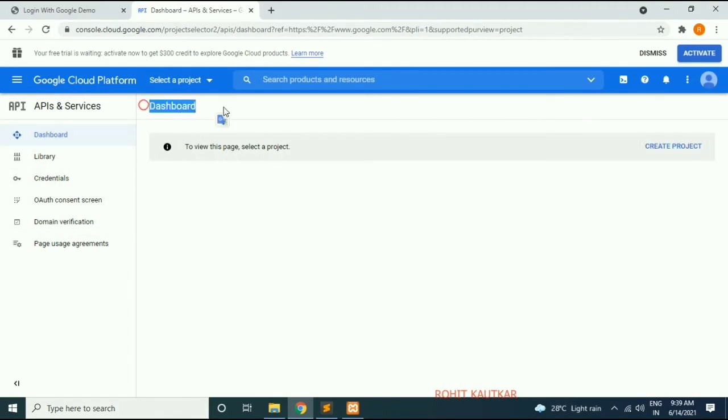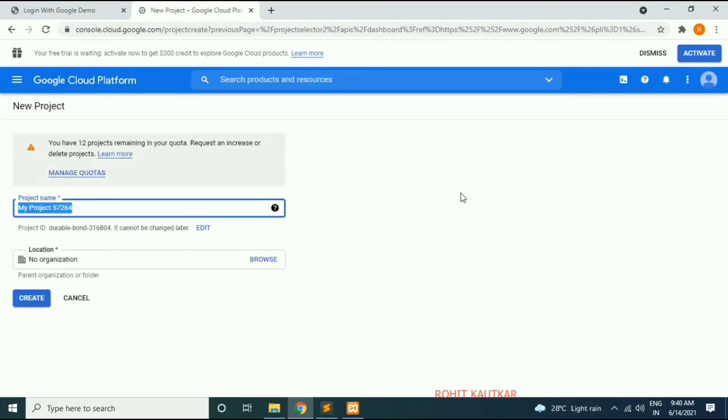This is the dashboard of Google Developer Console. Okay, so this is basically Google Cloud Platform. You can access other APIs and services from Google with this login. Here we need to first of all create one Google API project. So how to create a project? Here on the right side you can see there is one button, create a project. So I will click on it.